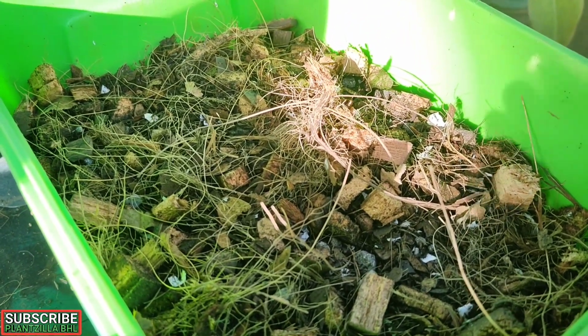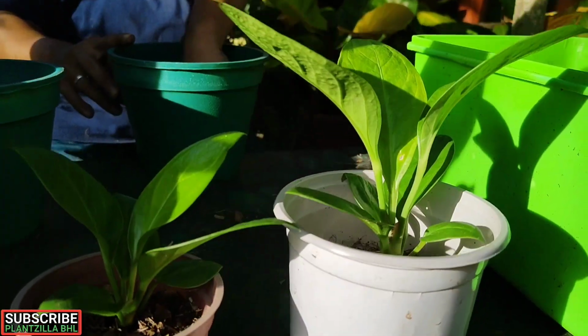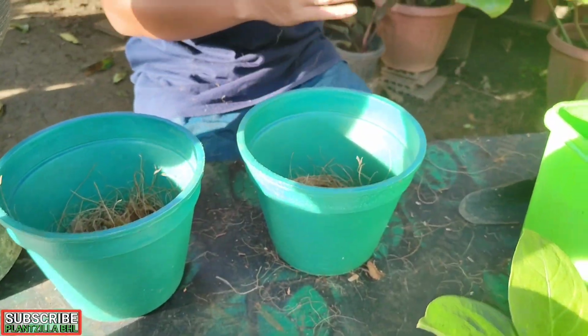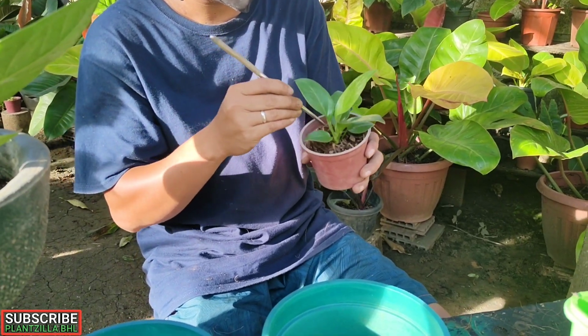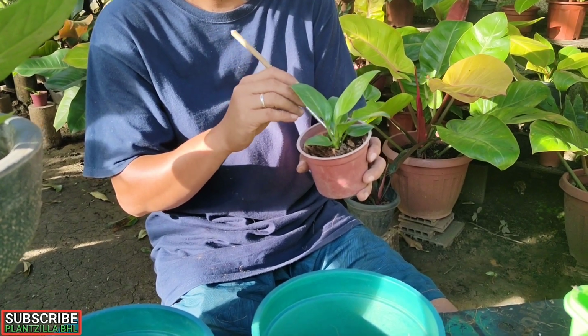Ginamit namin yung potting media for aroids from Aditha's Farm Supply. So yung mga ganito guys, kapag nag-mature na talaga yung parang pinaka-flower nila, doon sila tinutubuan ng seeds, and yun yung pwede nyong magamit for propagation. Although there are people who would choose to divide the plant itself, including the roots, para mapatubo, but